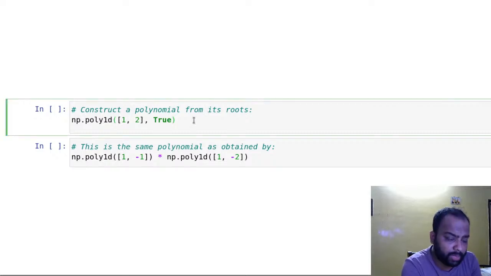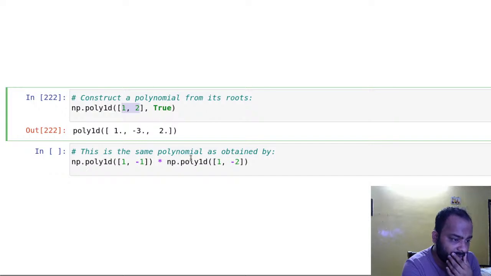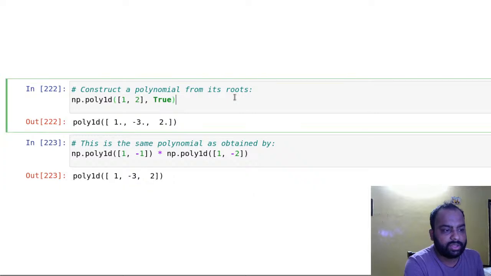What if I know the poles and zeros, and what if I want to extract the polynomial out of it? I can just pass in the location of the roots, and subsequently we can calculate those as well. We can multiply like that. All right. So with that said, we are going to end the discussion at this point, stating that someone is